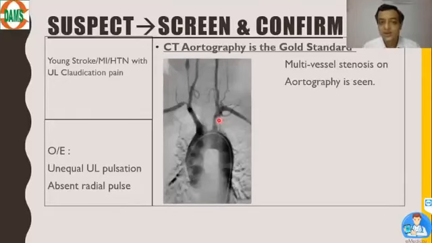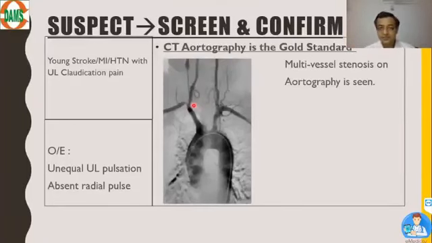These are the stenotic areas. Here also you can see the flow has become less. Wedge shaped are the stenosis that you can see. So even though the patient has come with stroke, aortography will show other arteries are also affected. Only the carotid is gone, we can say atherosclerosis, but multi-vessel involvement